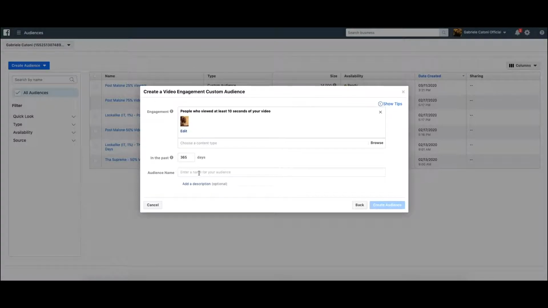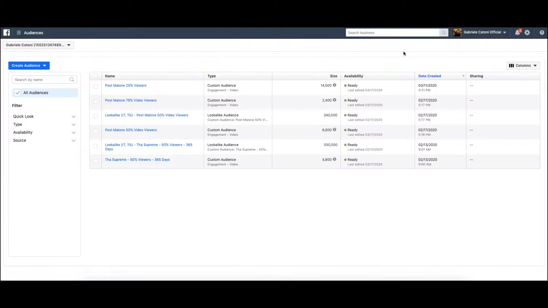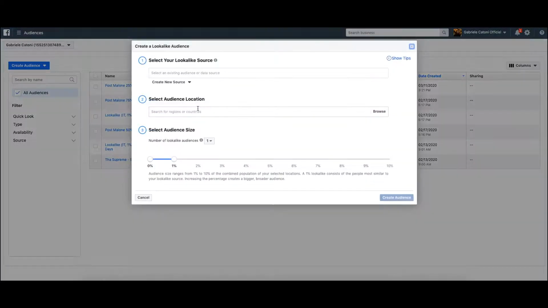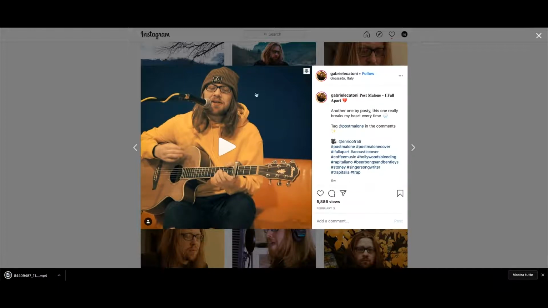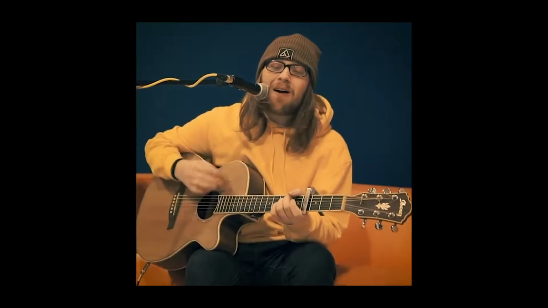So if you have a piece of content that did particularly well, I'm going to show you how you can leverage that specific piece of content and use it to start driving traffic to your Spotify account to grow streams and followers. And in case you don't have a specific piece of content in mind, don't worry, you can just start from scratch and create one for the purpose of the campaign. So we downloaded the video directly from his Instagram page and we added some titles to capture the attention of all the people scrolling. So we went from this